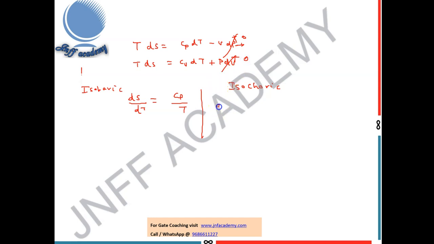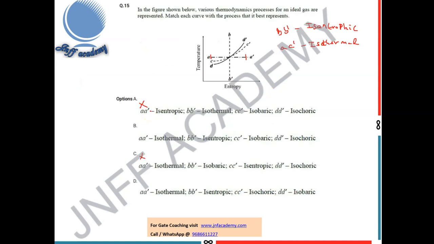This can be written as dS/dT is equal to Cv by T, right? So this is an isochoric process and this is an isobaric process. So we all know that dS/dT is nothing but what? If you go to the previous graph,